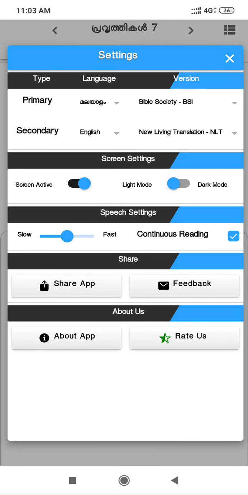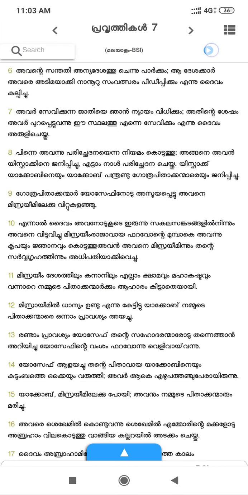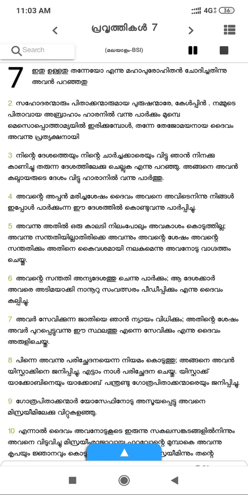Right, next, speech settings. If you observe here on top, you can pause it, you can resume it, you can stop it.